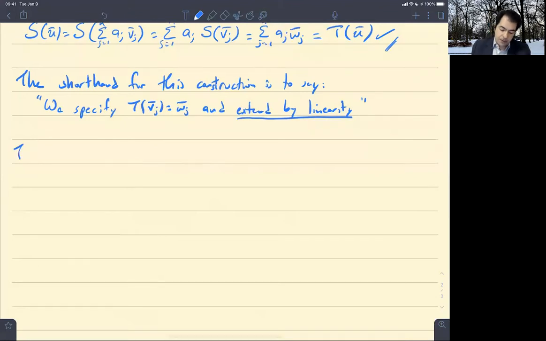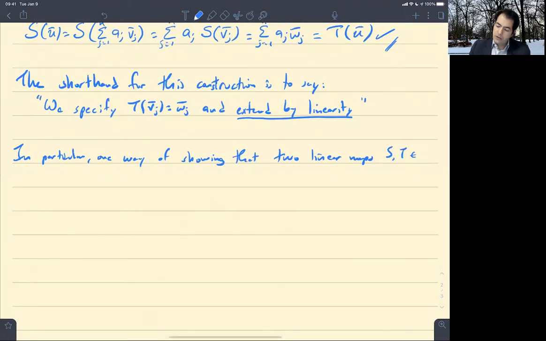In particular, one way of showing that two linear maps S and T, so I need them to be going between the same spaces, of course, so linear maps between V and W,